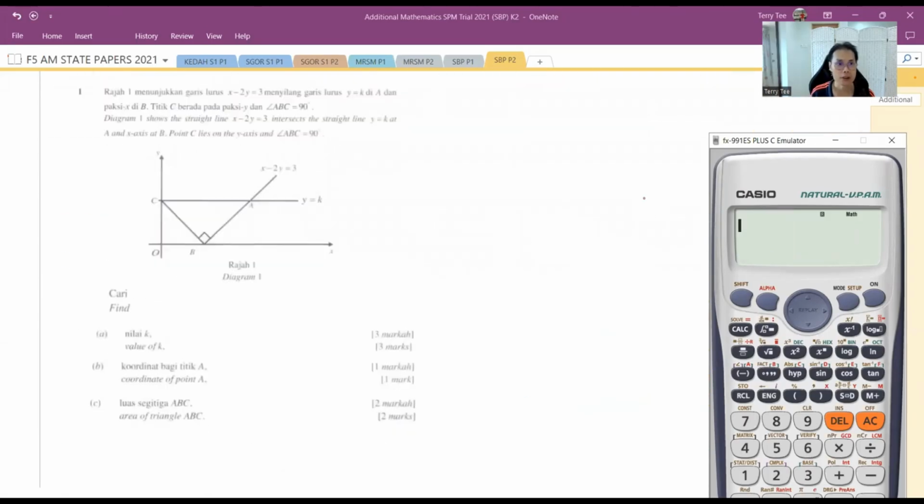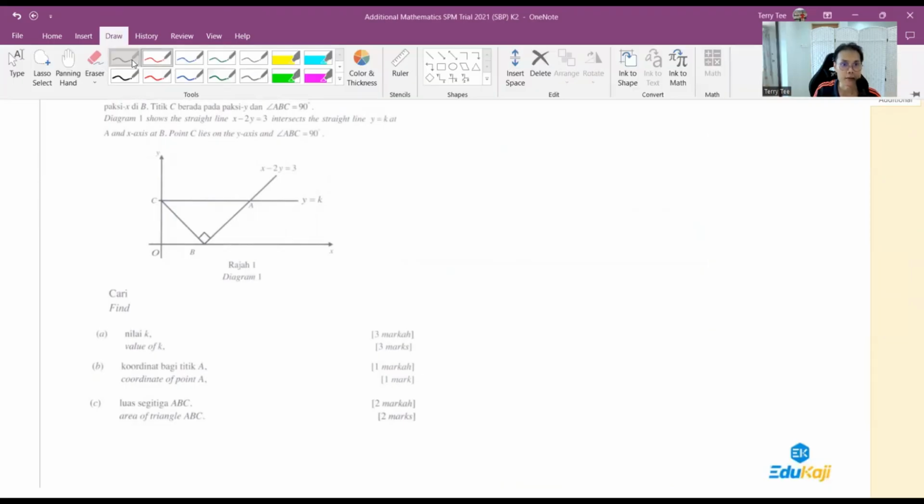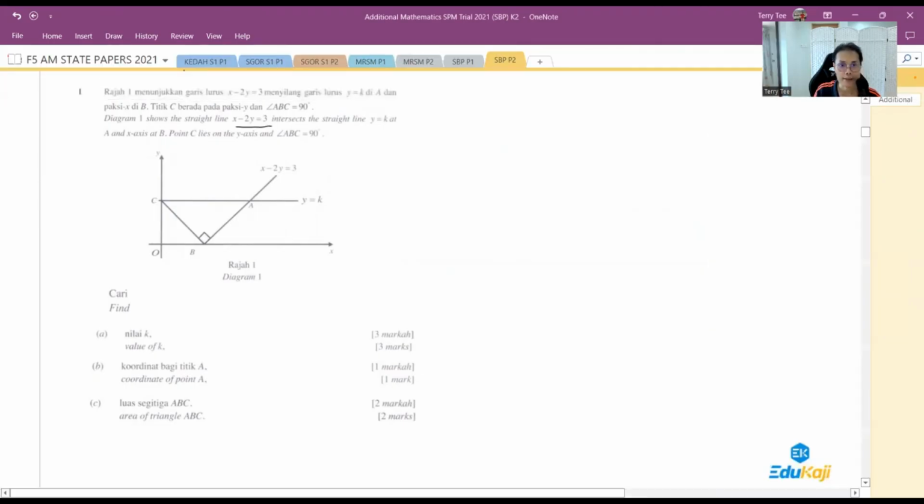So here we have a straight line, x minus 2y equals 3, that intersects y equals k at points A and B. Now, this is Form 4, Chapter 7, Coordinate Geometry. You're supposed to find the value of k and the coordinate of point A, as well as the area of triangle ABC. So number one, we can see that if this is a right angle, we know we have to use